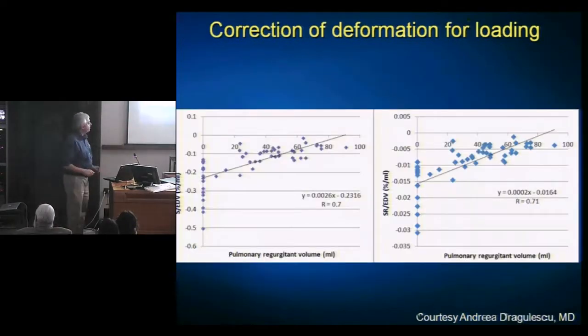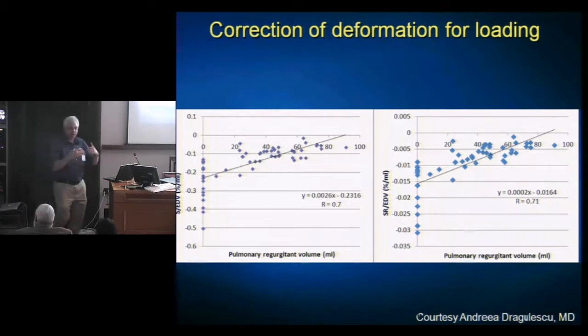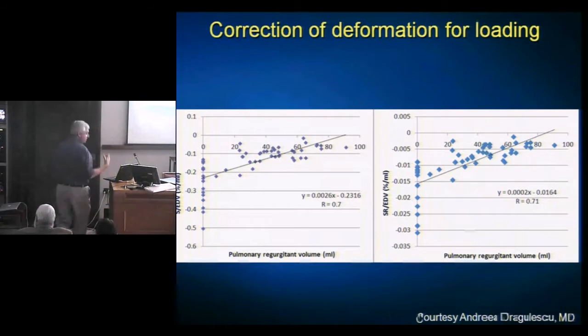So now let's correct that for volume, if you will. And here Andrea has corrected it for pulmonary regurgitant volume. You see the normals sit here on the 0 because they don't have pulmonary regurgitation. But the tetralogy patients, we've corrected strain for end diastolic volume. As they increase their regurgitant volume, their strain generally decreases. So even though you've corrected for the volume, the pulmonary regurgitation still seems to have an effect beyond just increasing